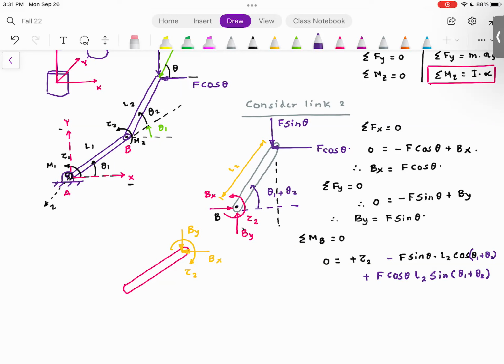Okay. Now, next thing, what I want to do is, I want to move on to link number 1 or L1. And L1, I'm going to free from the joint. Can you see that there is this joint? I have freed link 1 from the joint. So now what I need to do is, I need to draw the free body diagram. So I would first show the internal forces. This is A. So I'm going to call this as AY,